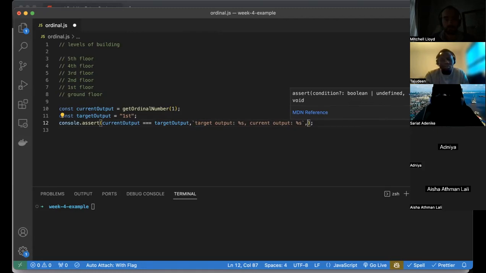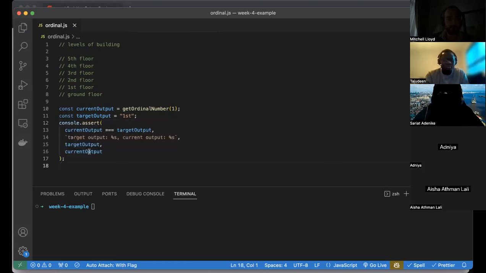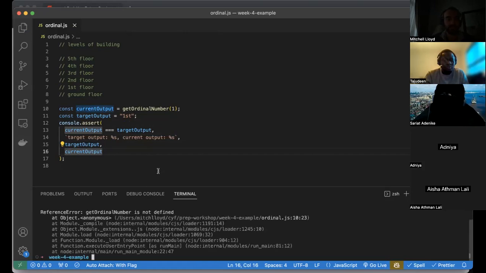Cool. And then target output and current output. Cool. So these values, target output, will get substituted into here. Current output will get substituted into here. And what we will get is an assertion. And then we can run